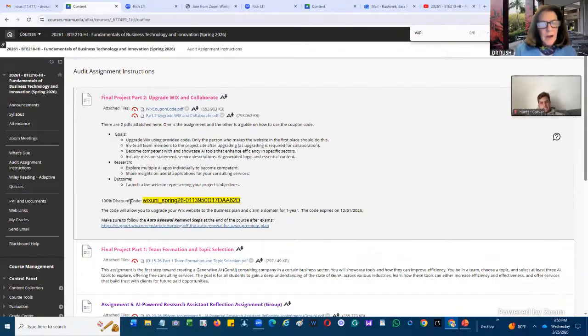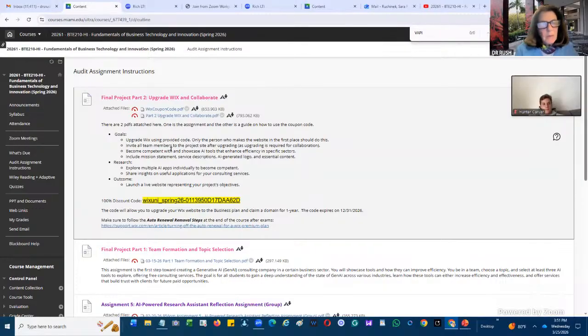I put it here, the discount code. I want each group to use this discount code so it will be free. When one person has to put in their credit card information, you should put in the code here and make sure it is 0. We'll go over that today to make sure.